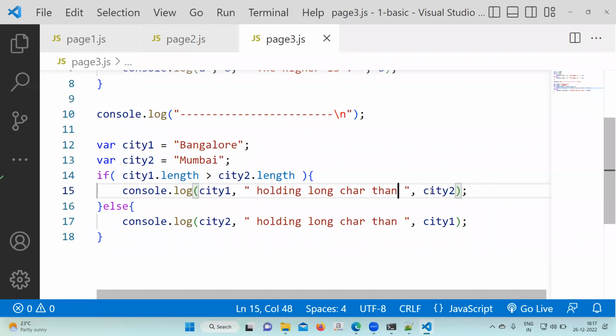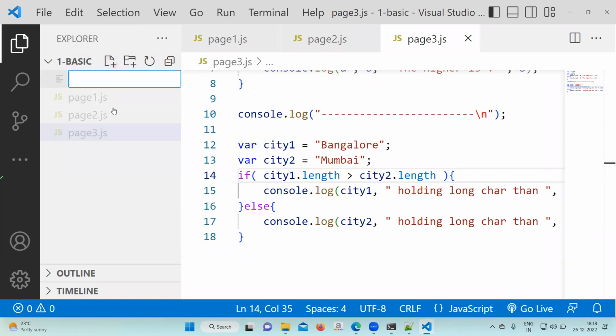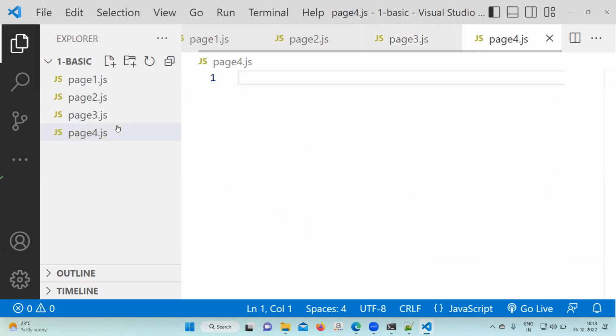Come next. Create another file. Hope there is no error. We understood how you can compare the string value as well as the number value. Page 4.js you can create. In page 4.js,